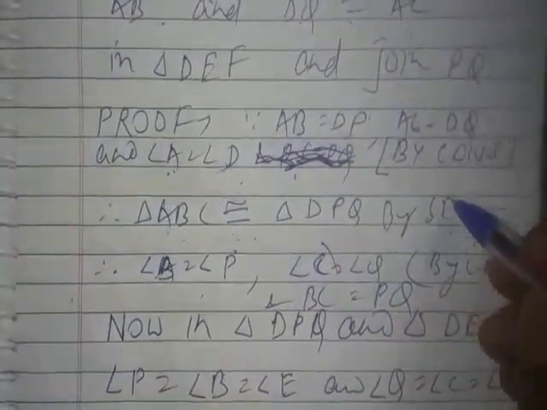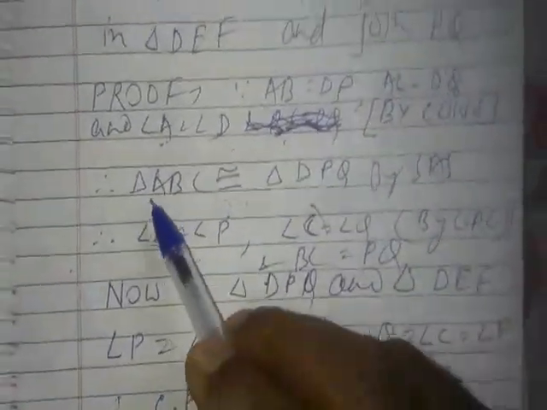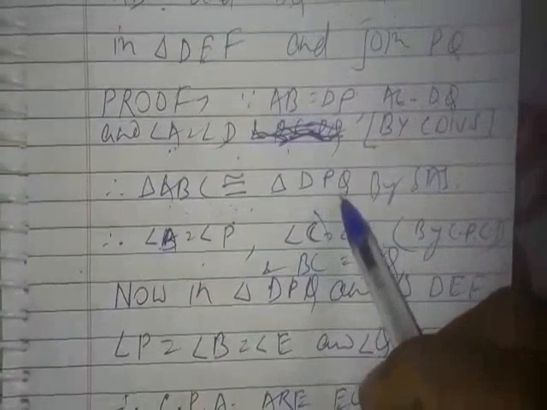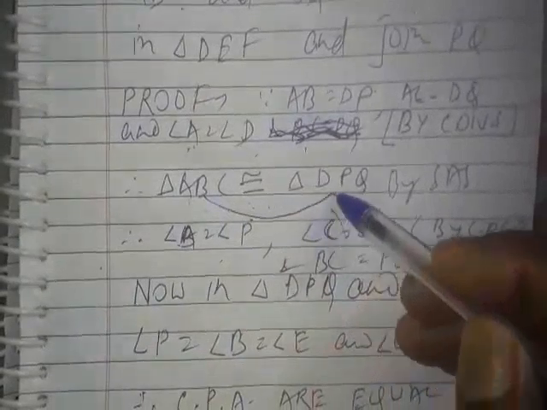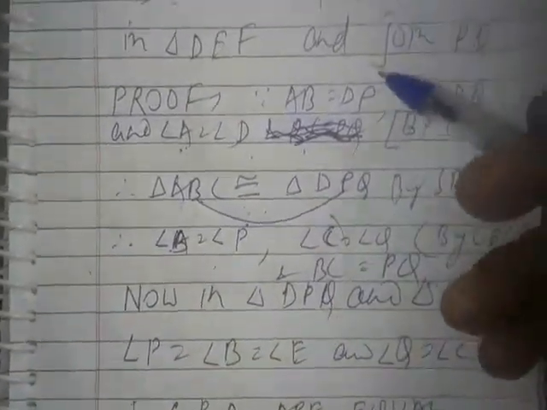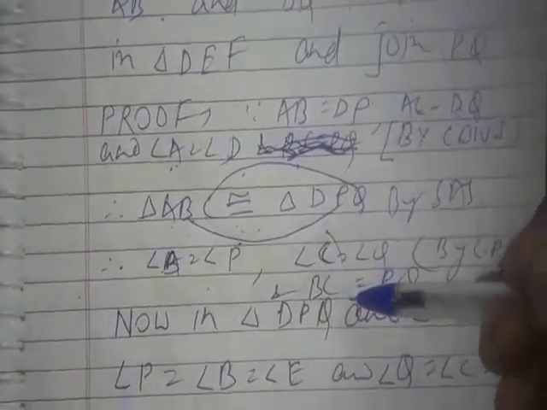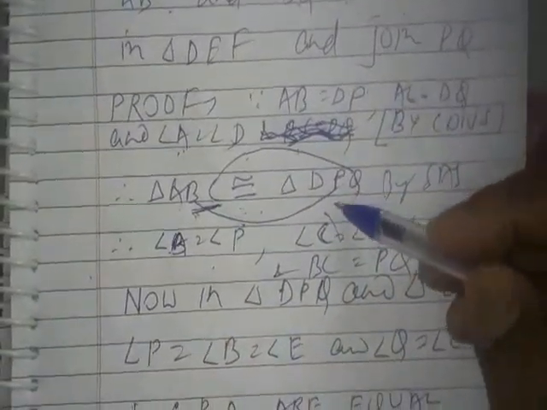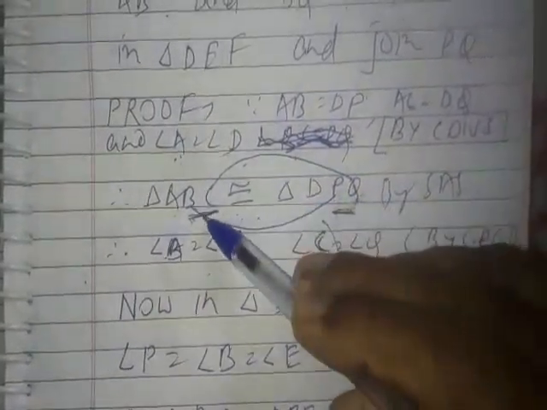So on the basis of that we can say that angle B, here again you can see that ABC are the three letters and DPQ are the three letters of the two different triangles. So what we have taken? We have taken angle B equal to angle P, which are the second letters of both the triangles. And similarly angle C is equal to angle Q. These are the third letters of both the triangles. And the sides formed by vertices B and C, and the sides formed by vertices P and Q, the equal angles. Thus we get the corresponding sides BC equal to PQ.